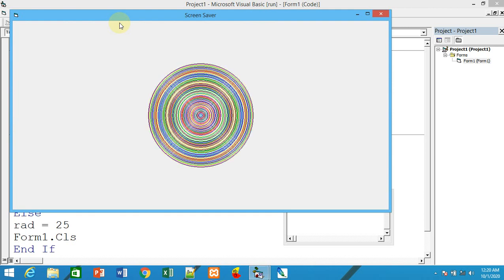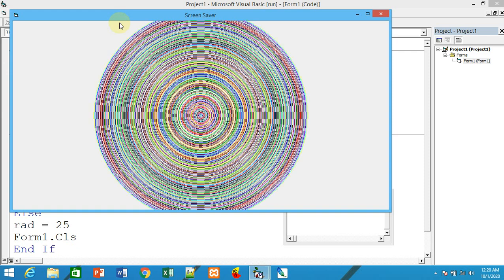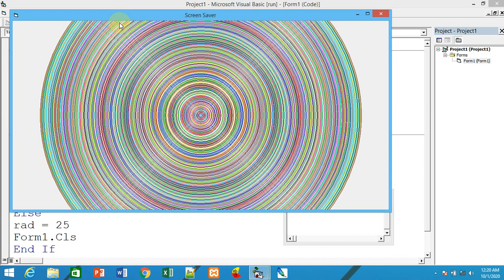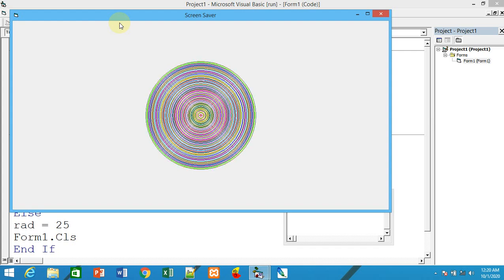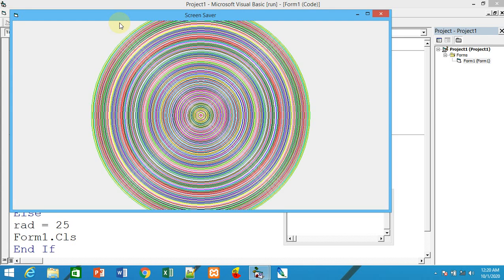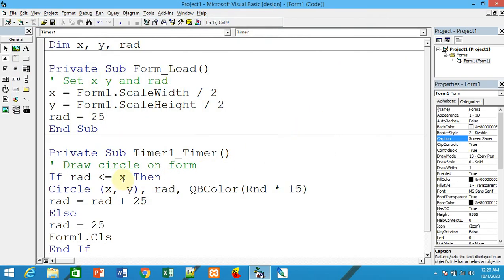Run it again. Now when this circle touches this border, right side or left side, not upper or lower, the form will be cleared automatically and the radius will be generated again from the beginning. You can do this even with the y value.